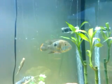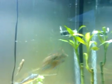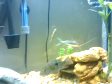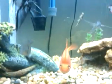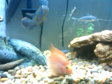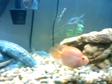Green Terror's doing pretty good too right there. He's not aggressive at all. The black convict is all the time fighting with this blood parrot. Blood parrot pretty much initiates it. He still pretty much feels he's the boss of the tank until he gets into a lot of lip locking